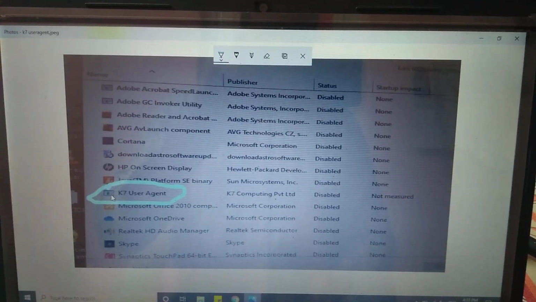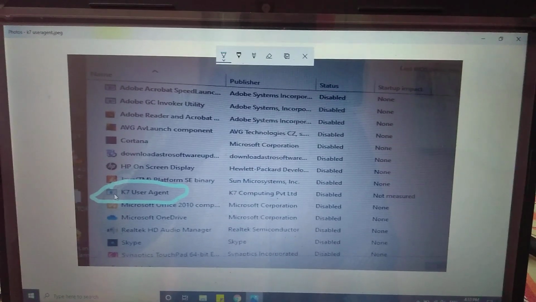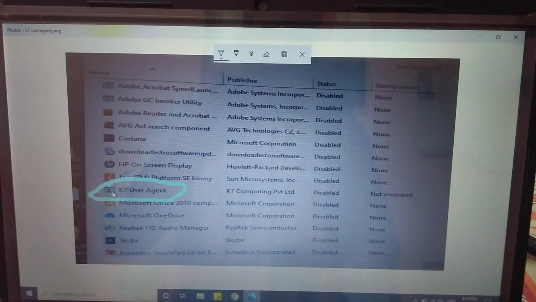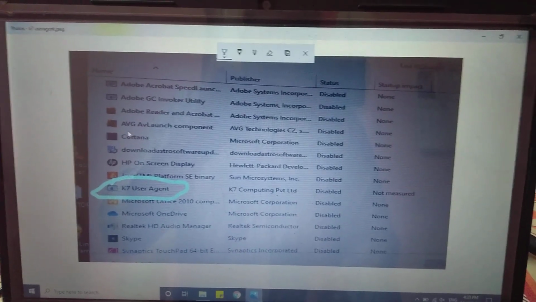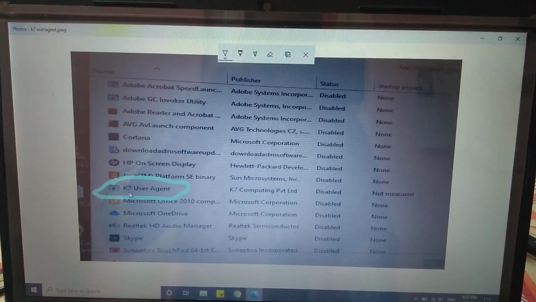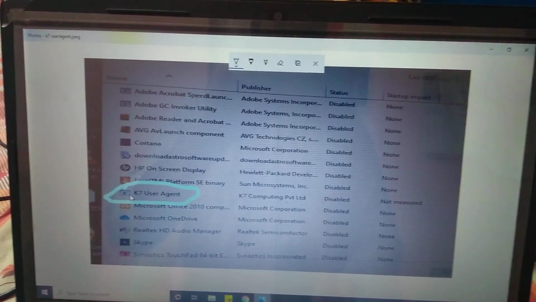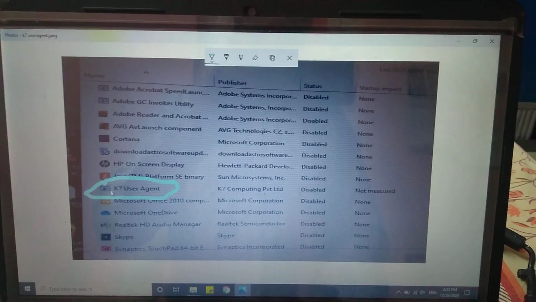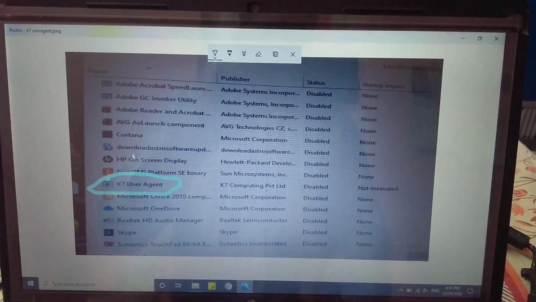Also, if you already have one antivirus on your laptop, it's not recommended to install another, as sometimes it behaves very weird. As I already have AVG antivirus installed, I think after installing K7 some changes happened and something got broken. So always remember, friends, don't install another antivirus in your laptop if you already have one.